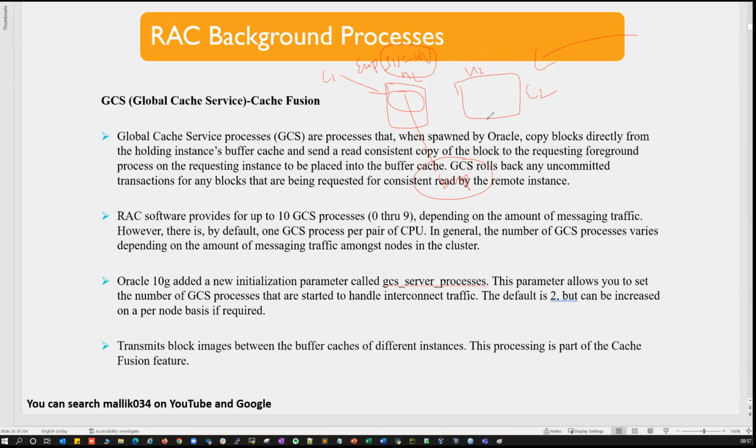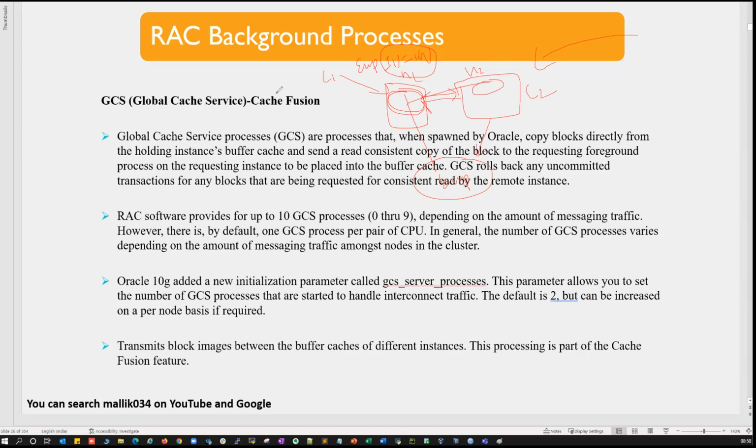So that client 2 connection will never go to disk to fetch that employee details, because employee details are already available inside the memory of node 1. So client 2 will directly request for that data, and node 1 will send that data, employee ID 100 data. It's a buffer to buffer, your database buffer cache to database buffer cache. The data will be transferred here, and then the data comes here, and that will be given to that end